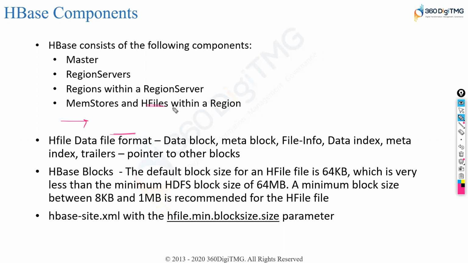And this block size of HBase can be also defined, configured on the HBase-site.xml. It's a configuration file, just like how we have hdfs-site.xml, wherein we define the block size, replication, and all that for Hadoop. Same way we have HBase configuration file in which you can configure the minimum block size for your H files. H files are, remember, physical files which contain the data. Okay. But how do we get this H files? So let us try and understand the regions, region servers, and all that.